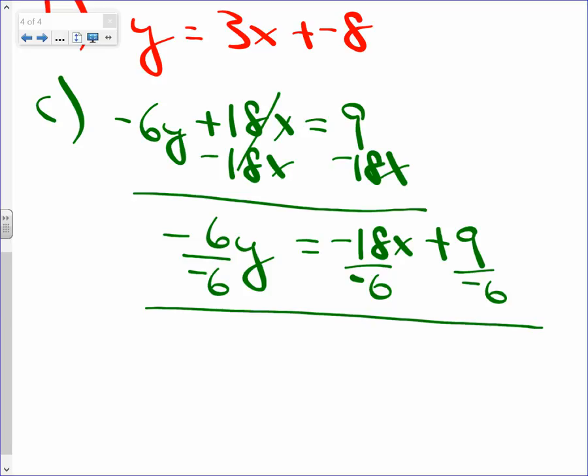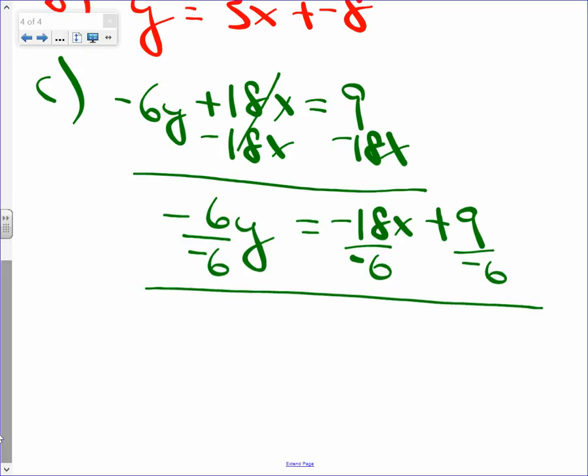Y then is, let's see, negative divided by negative is a positive. 6 fits into 18 3 times, so that's going to be a 3x plus